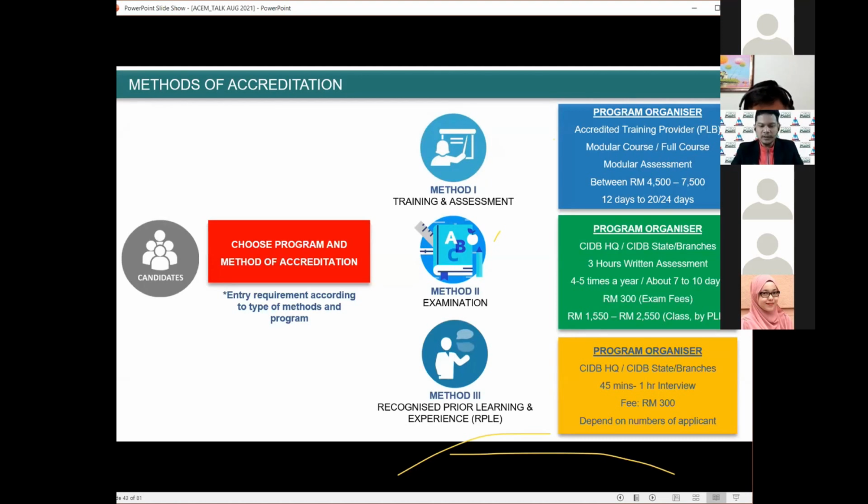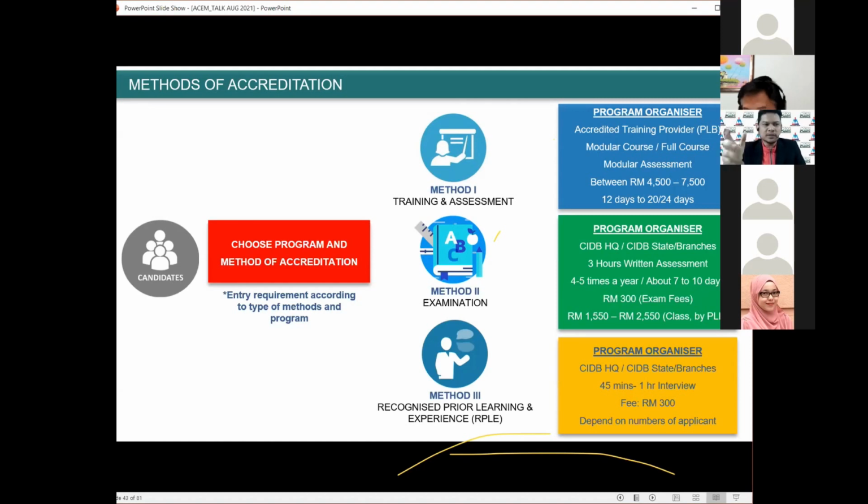So I'm just here to tell you this is the method of assessment being conducted by CIDB since years before. Method 2 just surfaced in November 2019, where we started our method 2 for the first time in the country. We didn't have method 2 yet at that point of time.